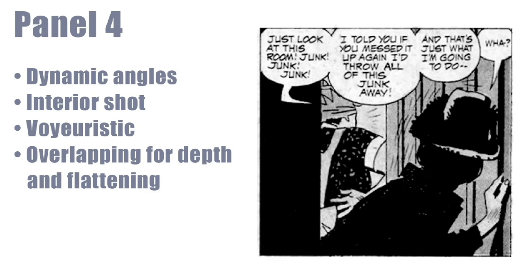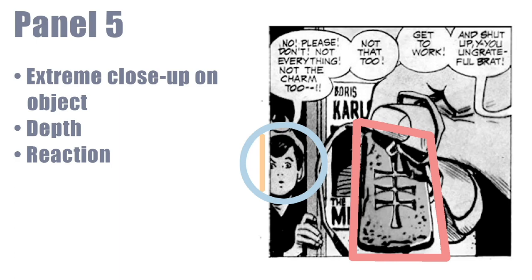We see it as black and white of the strong shapes, the strong black spotting, but then we also see the depth in it. It's really tough to pull this off, and he does both on this panel. In panel 5, it's an extreme close-up on the object. There's a talisman that's pivotal to the story, and we see that in intense cropping of the foreground. So we know that's a really important thing in the story.